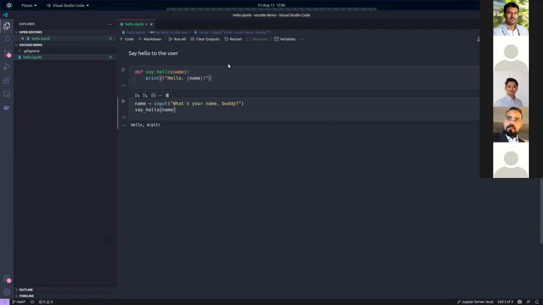With the Jupyter extension in VS Code, you can open interactive notebooks within the VS Code UI, and you can edit them and run them without going to a different user interface. For example, when you run Jupyter on your machine, it will probably open in a web browser, and then you'll have to go to that web browser to access the Jupyter notebook. So this extension is a very convenient way of working with notebooks from inside your repository.